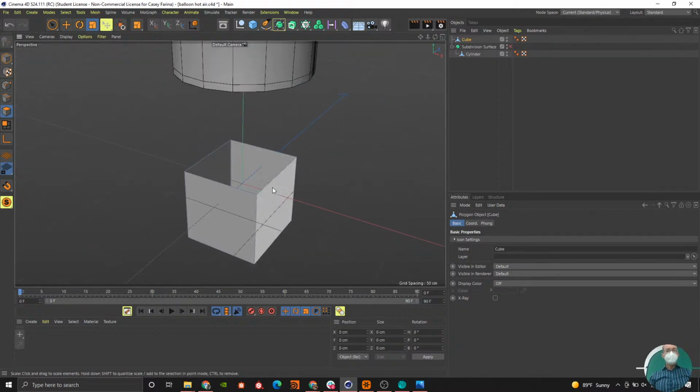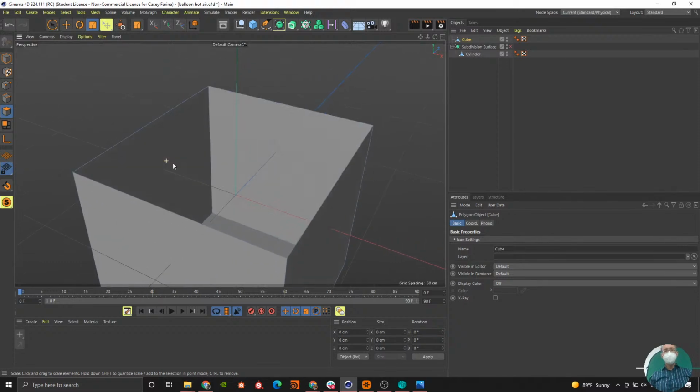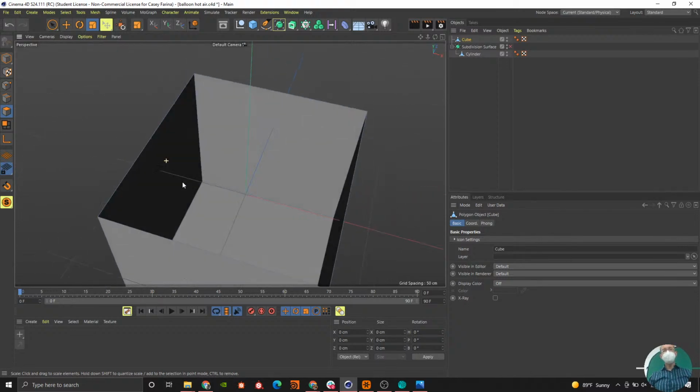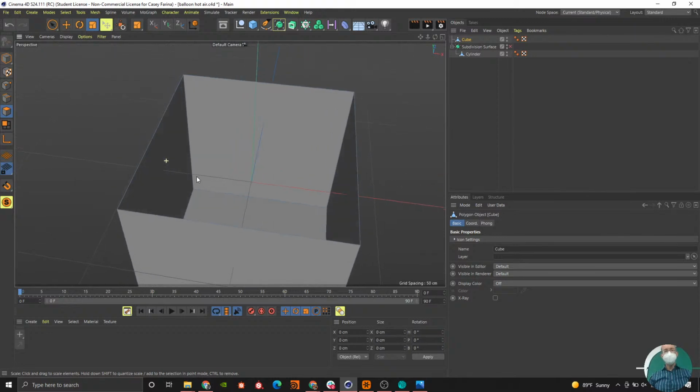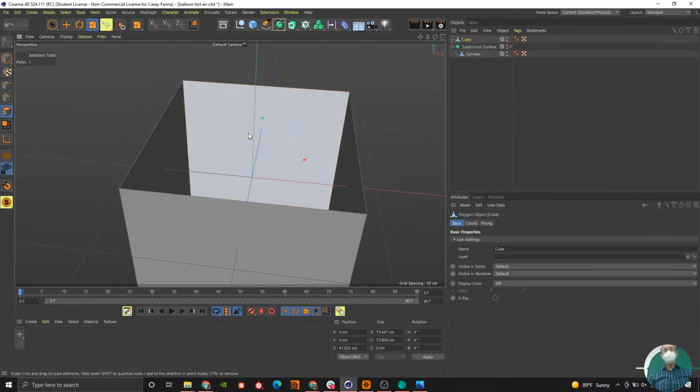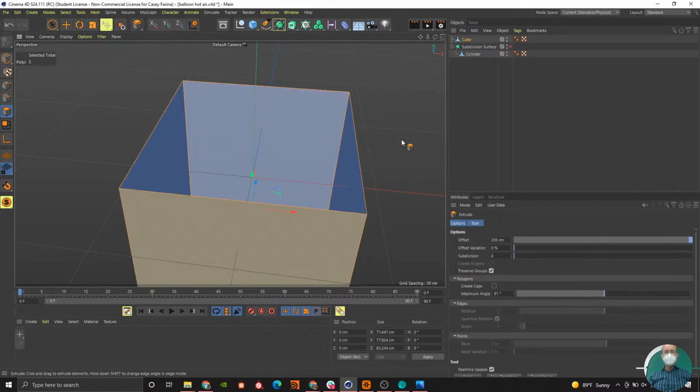And then, in general, for most things, we'll break this rule actually next, but you don't want to have things that are just one polygon thick for the most part. Even if they're thin things, you want them to have an inner wall and an outer wall, both of those walls. And so in this case, we can grab all the polygons, hit D, and extrude